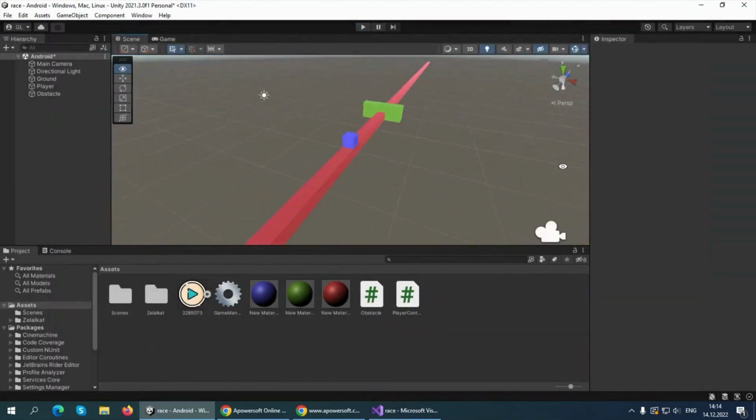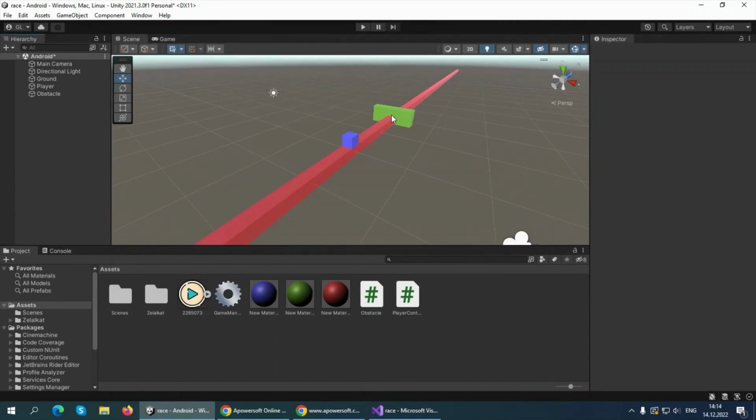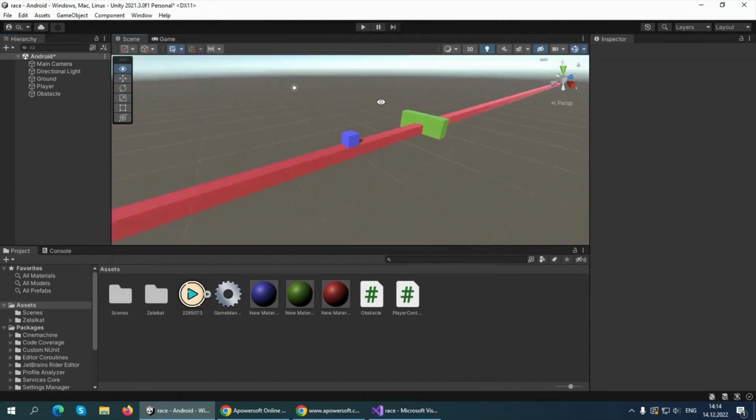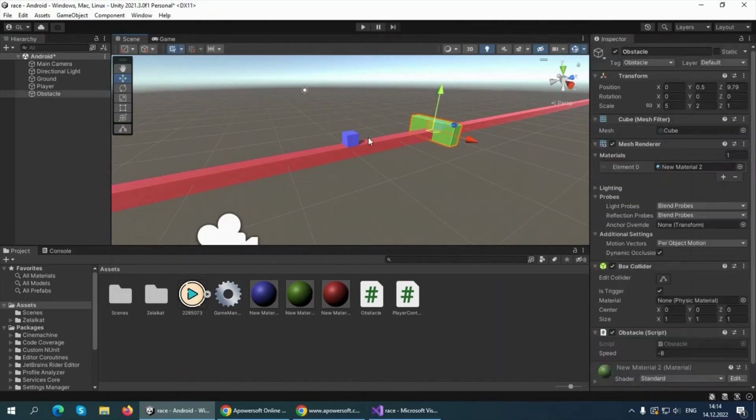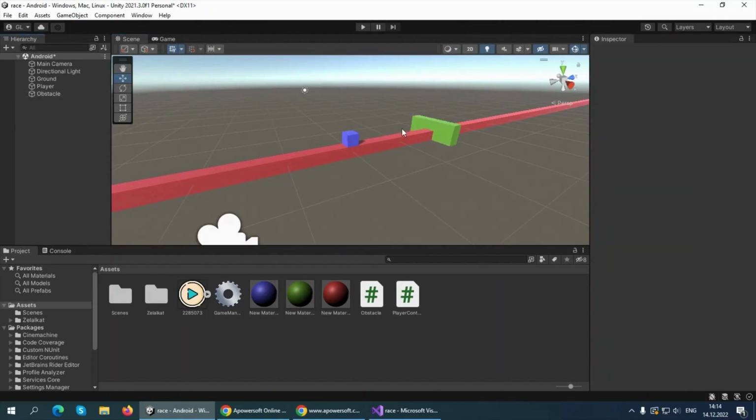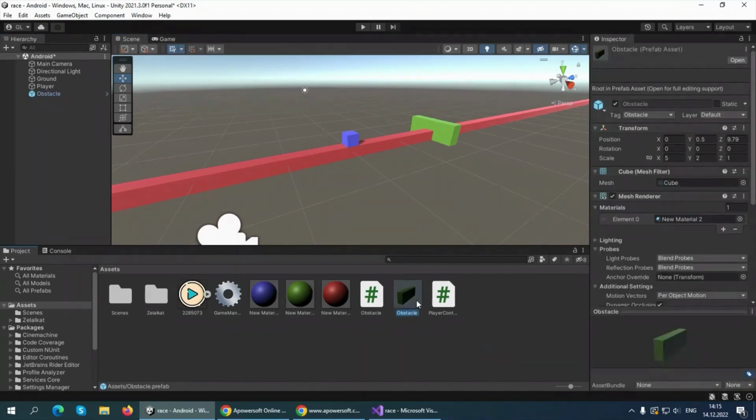towards us. Amazing. Now, let's create a prefab for our obstacles in order to be able to use it again and again. We will need it later when we create a spawner for our obstacle, in order for them to spawn in random ranges, and then we will delete them. To create a prefab, we just need to drag this obstacle from the hierarchy to the assets folder, and it will create the prefab, and we will use it a little later. But first of all,